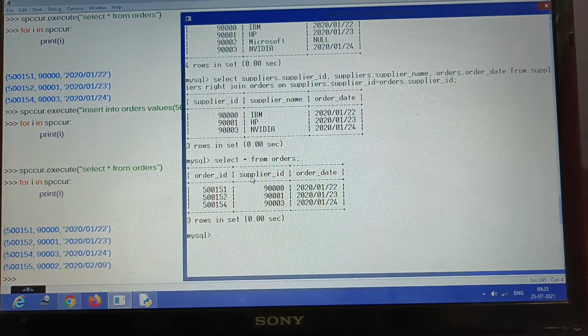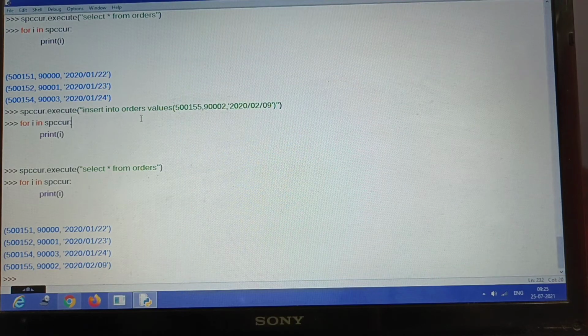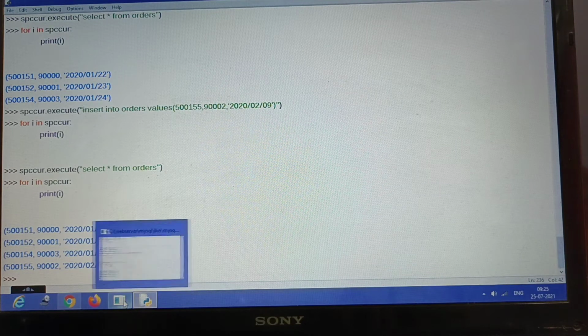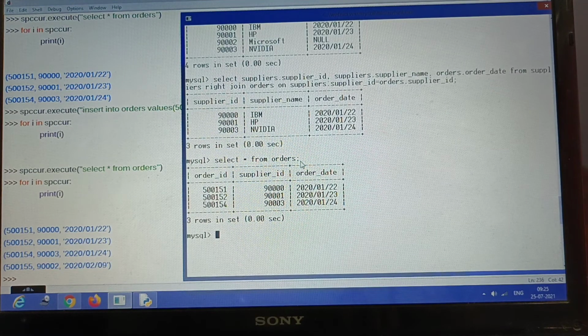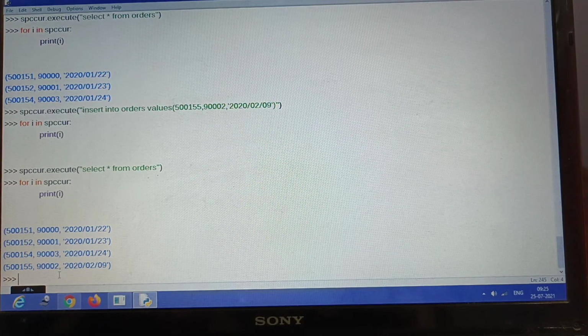So what can be the reason for this? See, again I have given the command here, cursor.execute insert into orders values, and I have added one record, and after that I am displaying the record also in Python. It is showing me that there are 4 records in the table orders, but when I go into MySQL and give the same command, I'm seeing that there are 3 records, so there is an anomaly. Actually what has happened is it has not written into the database orders yet. It will only write if I execute the commit command.